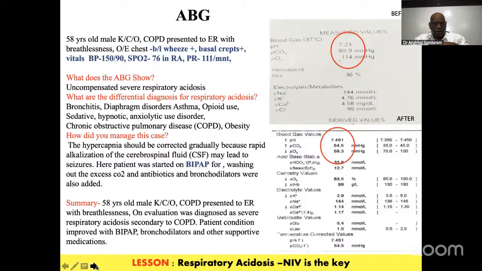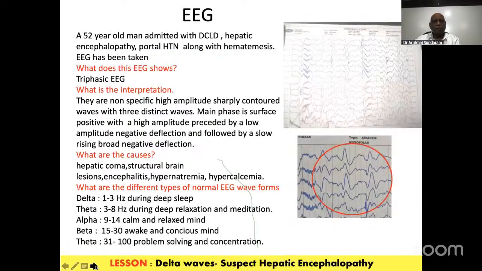Here a patient with chronic COPD has come with wheezing, and the ABG shows a respiratory acidosis, and CO2 is also very high. This is very classical for an acute exacerbation of COPD. You can give steroids, bronchodilators, antibiotics, everything, but ventilatory support is needed. Non-invasive ventilation, something like BiPAP, is very useful. And in the patient this ABG reverses, and then you put him on regular antibiotics and bronchodilators.